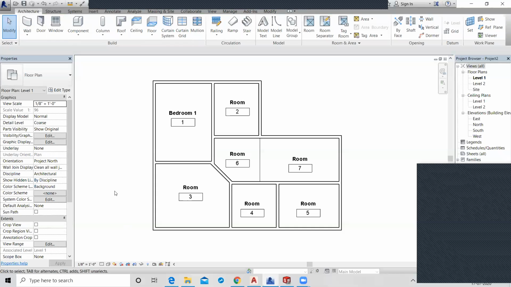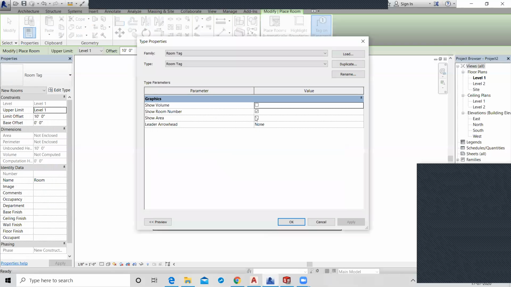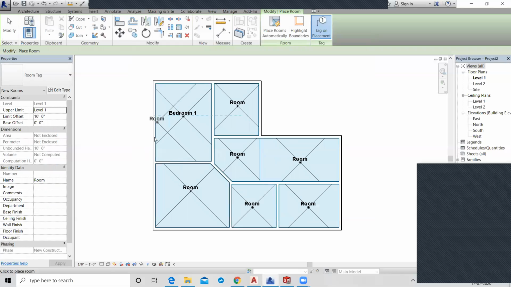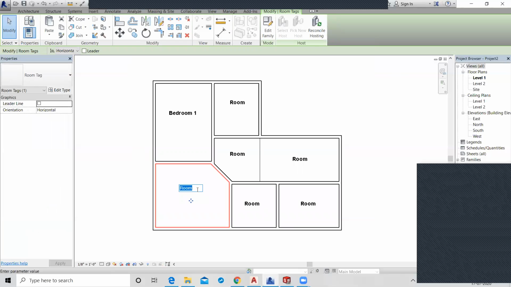If you want to show the numbers 1, 2, 3, this number in the block, you just click on room separation, click on edit and uncheck your show room number and click on apply. See, the room number is disabled, hidden. Or another method is to double click on the room and type. Change the name. Yes, change the name.